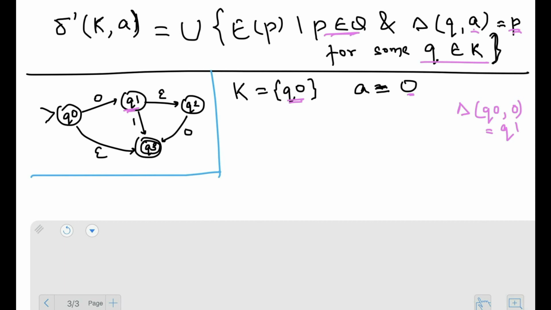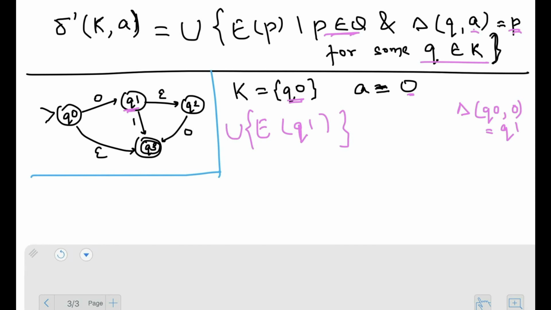So what I need to do is take the epsilon closure of q1, and I still have an arbitrary union of that. So what is the epsilon closure of q1 from my NFA? It is q1 and q2. So this is now equal to the arbitrary union of q1 comma q2,